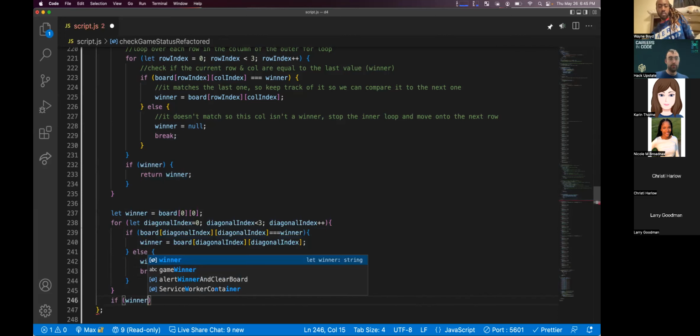And this is only going to work for our left diagonal. So if I come in here and I try and get my diagonal, X is 1.